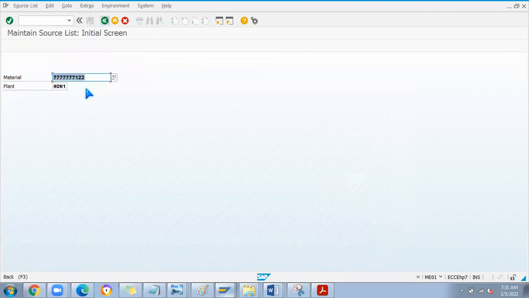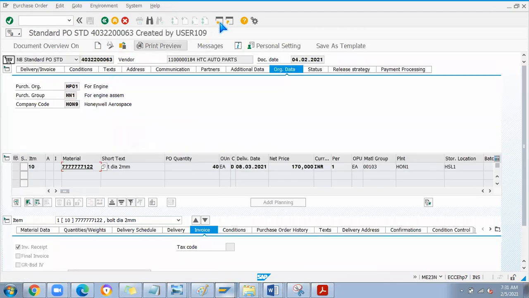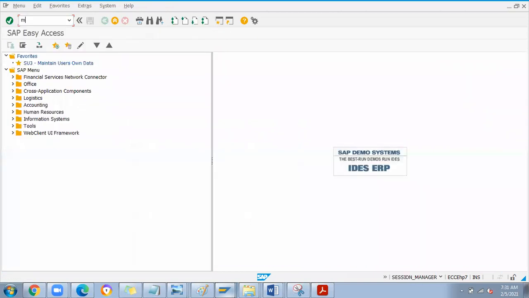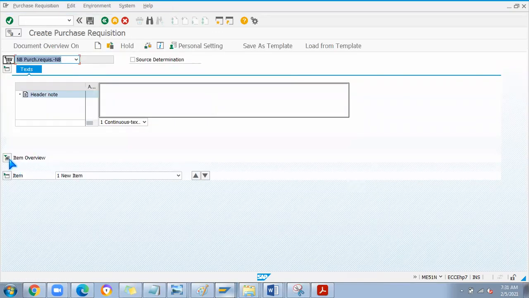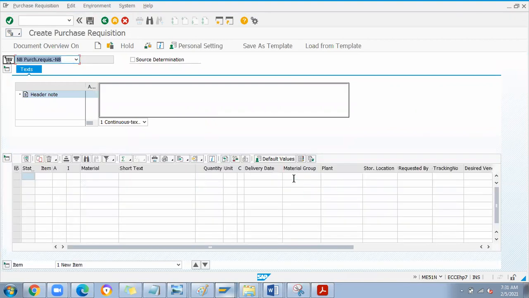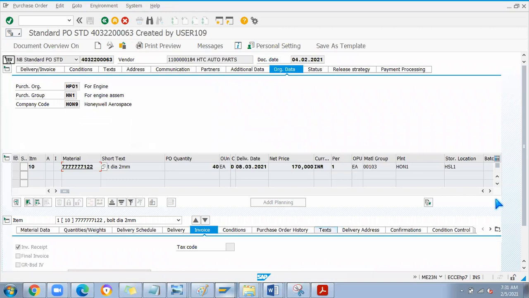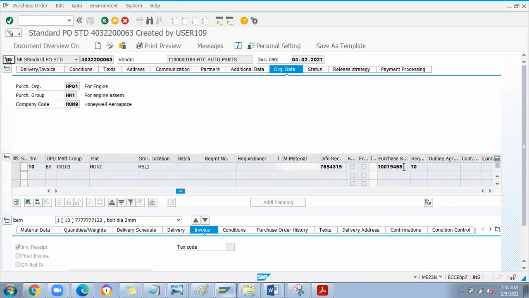Okay, now I'll create a purchase requisition, ME51N. So I can create a purchase requisition by referring to an existing purchase requisition. Quickly that can be done. For example, this is a purchase requisition already done, right?